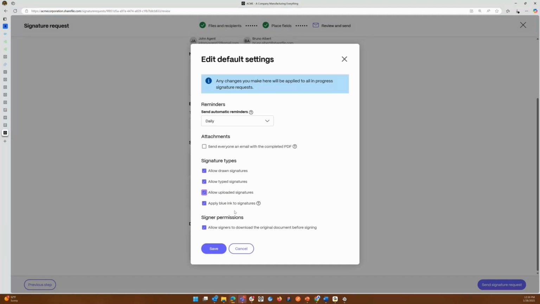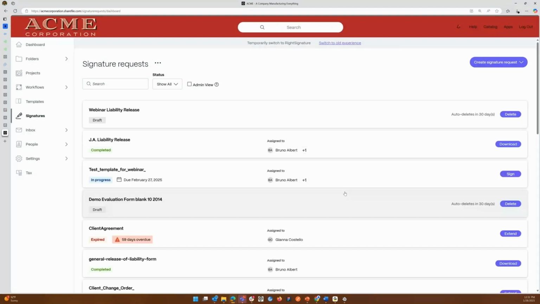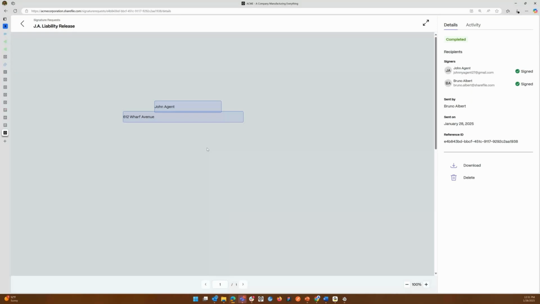That being said, we will go ahead and send this out. And our users, our recipients will be walked through the document one stage at a time until it's complete. They can't send it back to you until it's fully done. And just throwing back to what we looked at a little earlier, once it is done, you can see these are hand-drawn signatures,